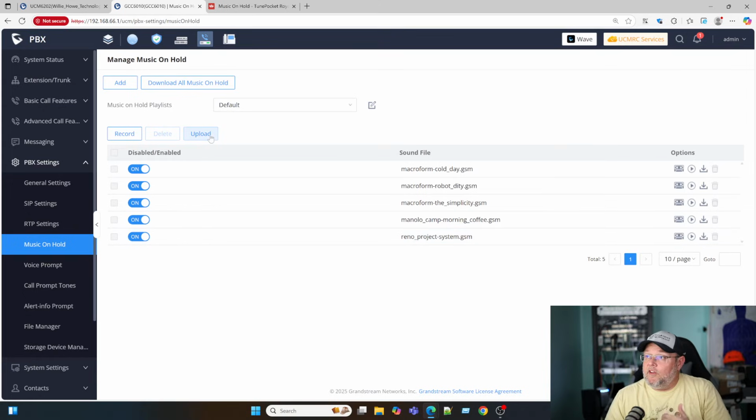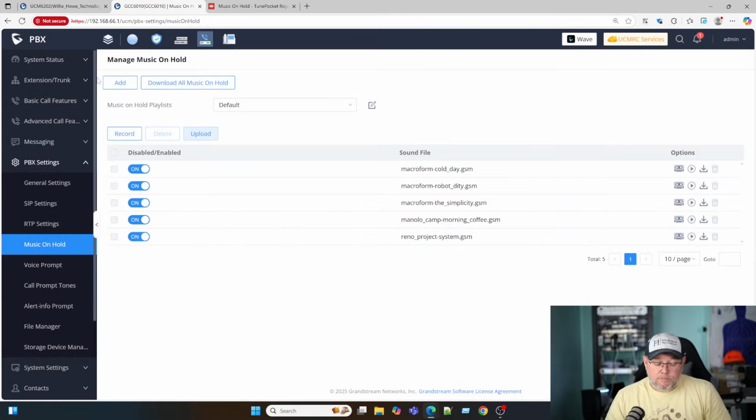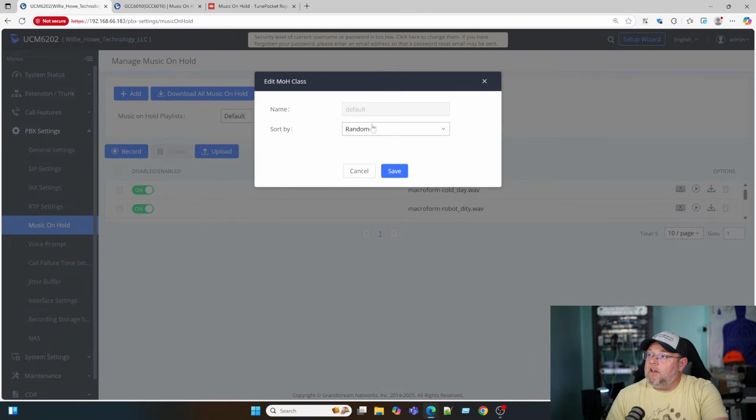Once again, even on the newer UCM software, if you upload, it tells you MP3s will be converted to the WAV format. So if you have an extension where you don't want to use all of the on-hold music, or you've maybe had some on-hold music created that's got some of your marketing materials in it, what you can do is create a new playlist, and you would do that by clicking